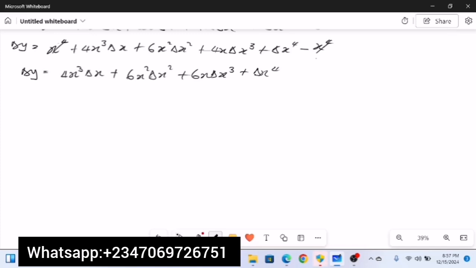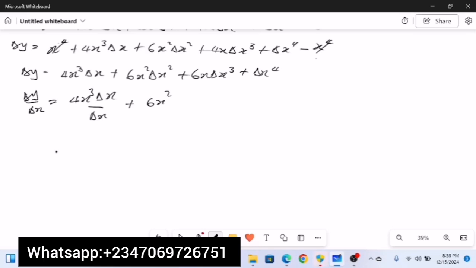If we do that, we are going to have change in y all over change in x to be equal to 4x to the power of 3 change in x divided by change in x, plus 6x squared change in x squared all over change in x, plus 6x change in x to the power of 3 divides change in x,